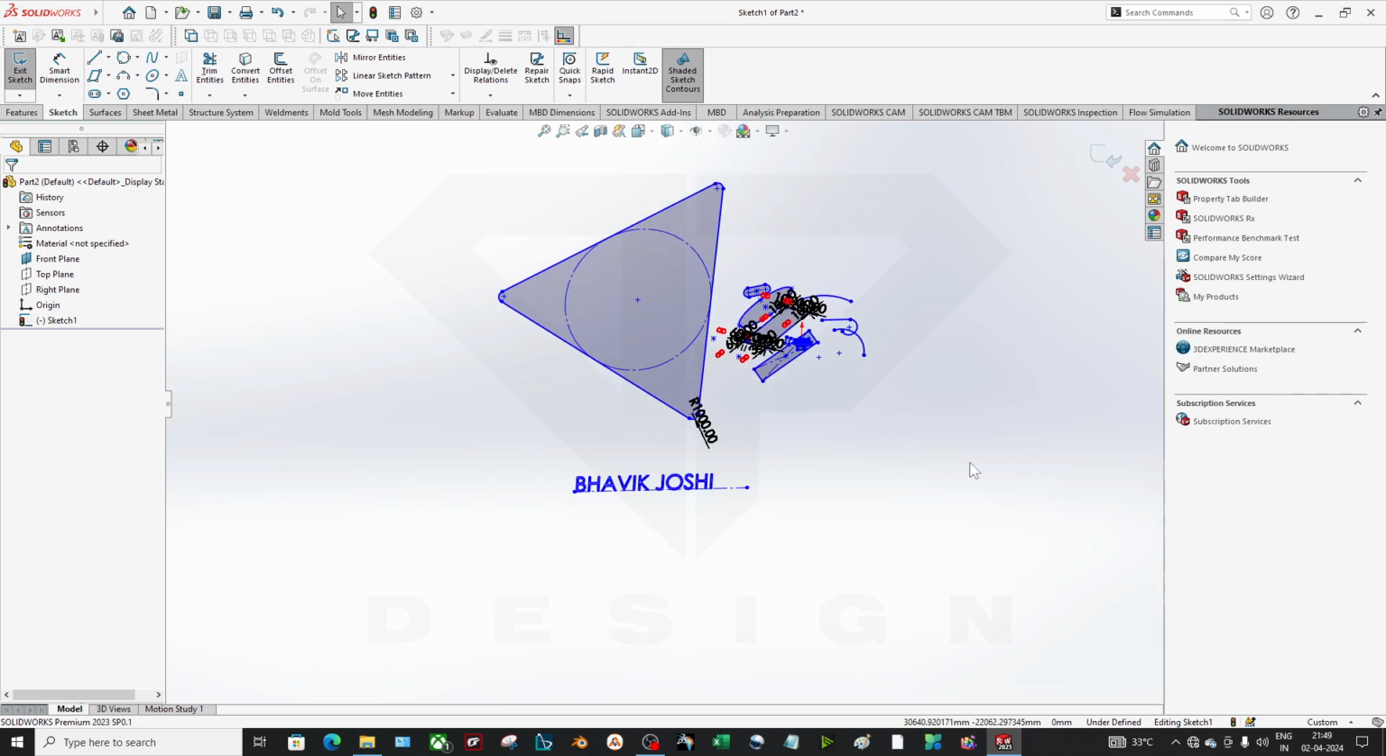So these are some basic sketch tools, and later on we will move on to the relations and advanced sketch tools. Okay,